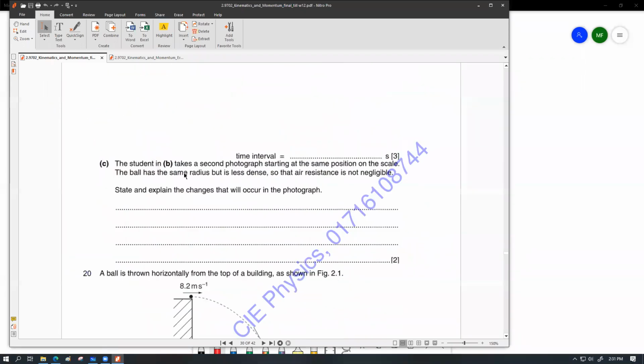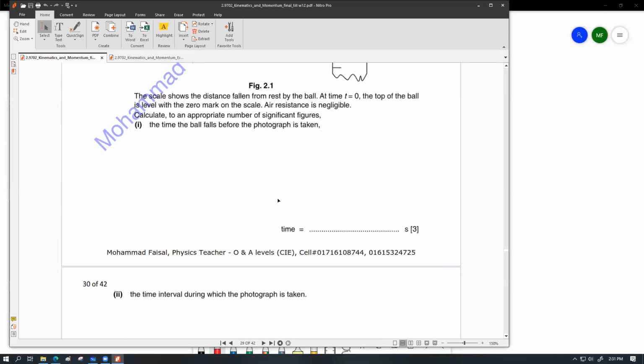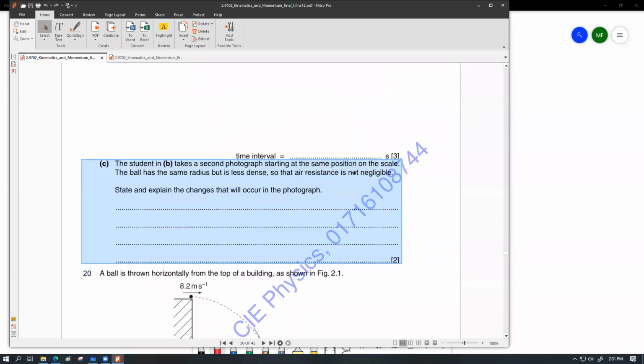Okay. And then part C says the student in B takes the same photograph starting at the same position on the scale. That ball has the same radius but is less dense, so the error is not negligible. State and explain the changes that will occur in the photograph. Now this is a pretty important, interesting question. The student is trying to take the same picture, but in this case the ball was less dense, so